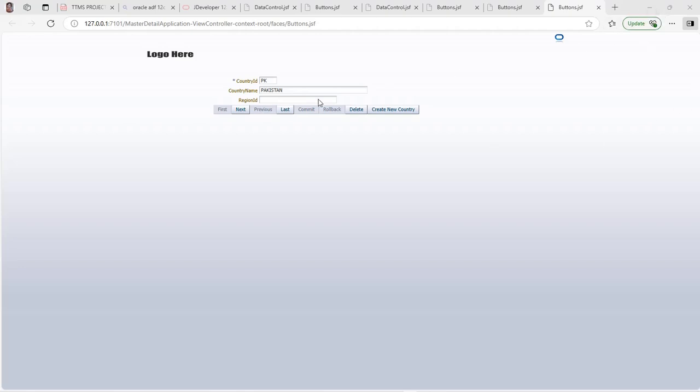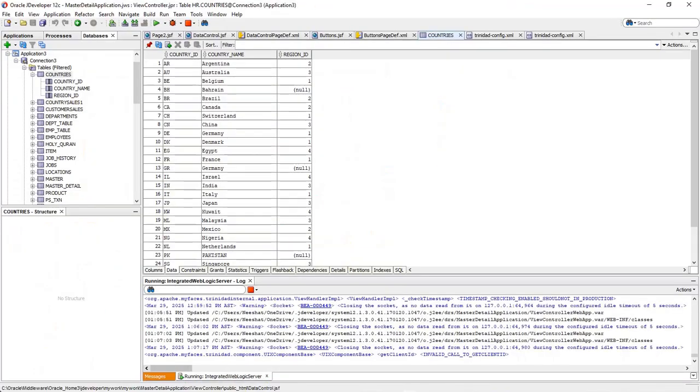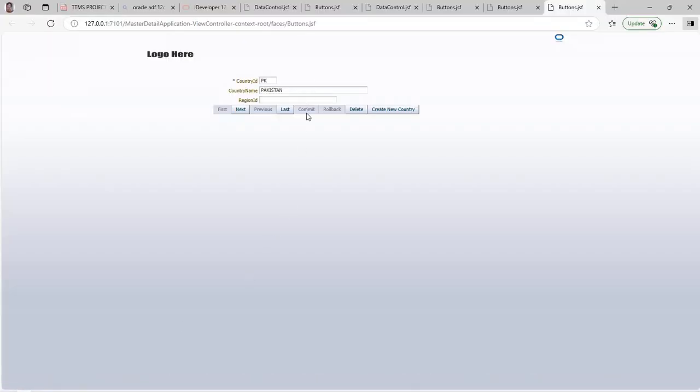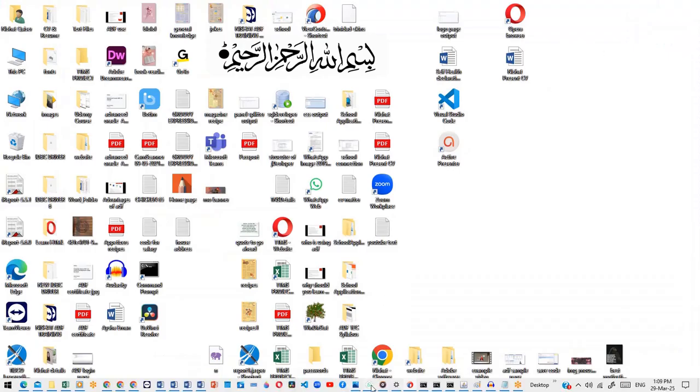I am showing you so that you can become perfect, because in the previous videos also I showed you how to add records and delete records and save records. In this also I am showing so that you will become perfect. And the next thing is, sometimes what happens, these two buttons commit and rollback are inactive. When you are creating a new record, then only it is active. Sometimes these two buttons are not enabling, it is in the disable mode. So to enable this, what you have to do is